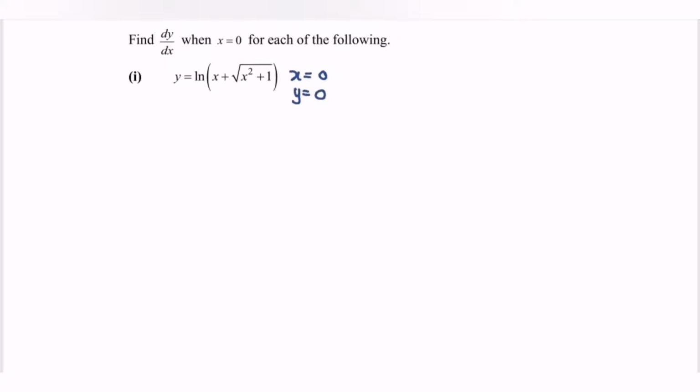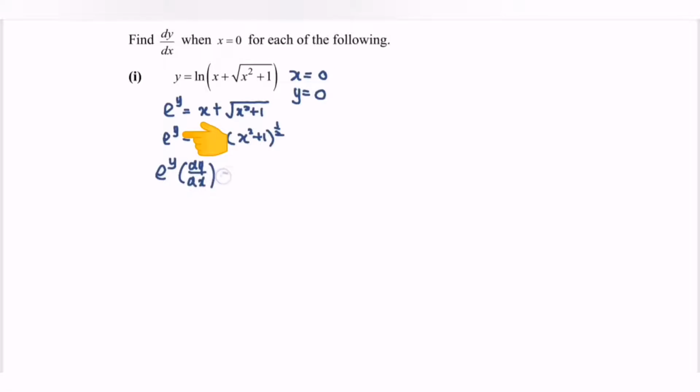So we will have e to the power of y equals x plus square root of x squared plus 1. Or we can say e to the power of y equals x plus (x squared plus 1) to the power of 1 over 2. Let us differentiate the situation with respect to x. Differentiate e to the power of y and we will have e to the power of y. Differentiate the power y, we will have dy